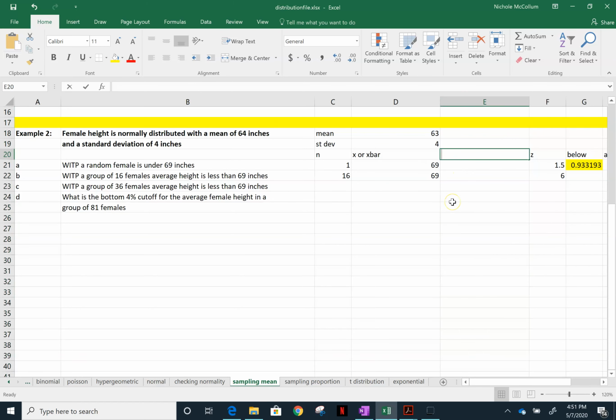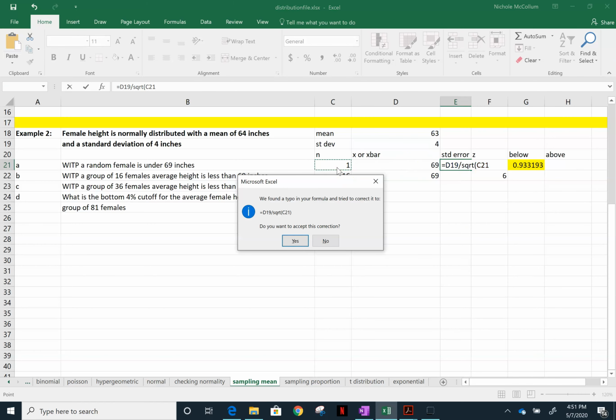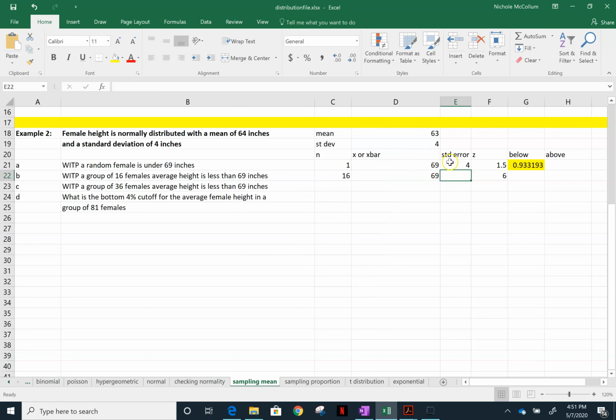Because, again, let me insert something new here. The standard error. That's really what I'm working with here. I'm really working with this idea of standard error. The standard error, what is it? Well, the standard error is the denominator. It is the old standard deviation divided by the square root of the sample size. So in a group with 1, it's the same number. But with this group of 16,